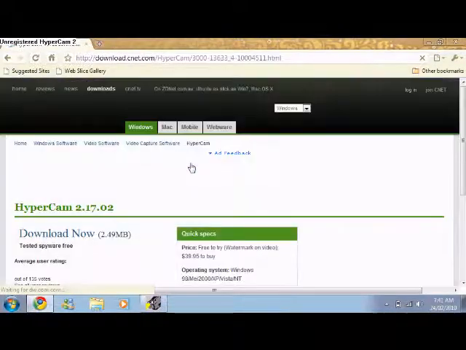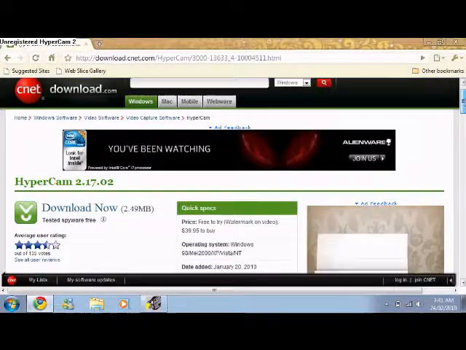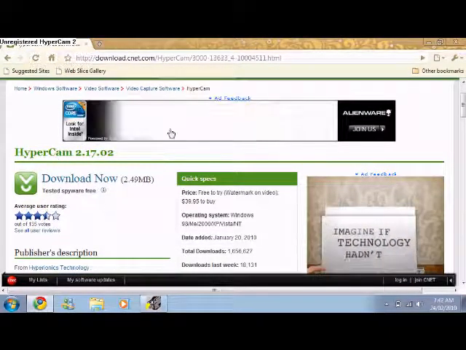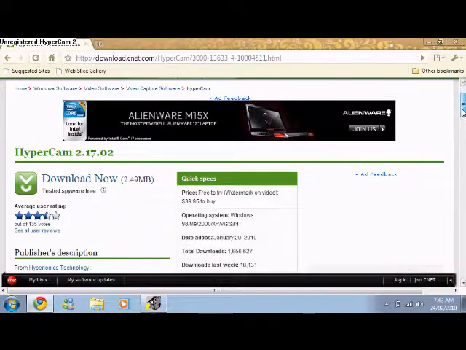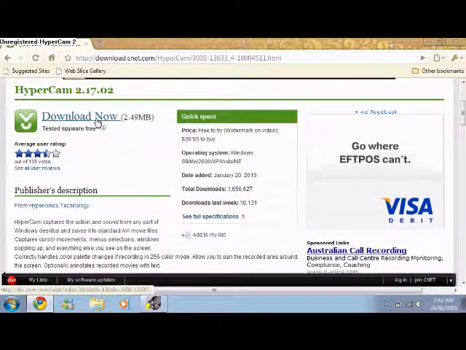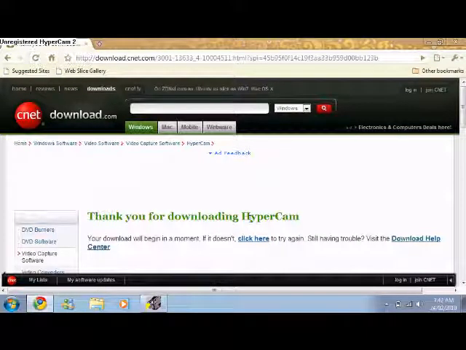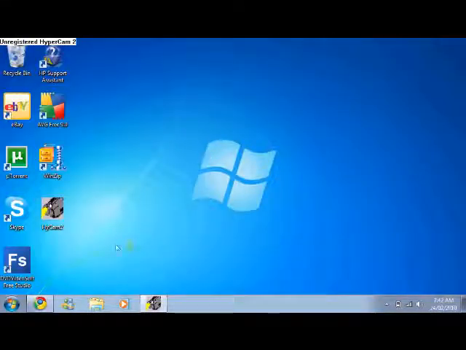First, guys, you're just going to type in HyperCam 2 free download. Although this is not a free product, you're actually going to download the unregistered version of HyperCam, and it's perfectly legal. It's alright. First you're just going to click on the first link on Google, and it's going to bring you to this site. If it does not bring you to this site, we'll put the link in the description on our YouTube page. First you're just going to go to download now.